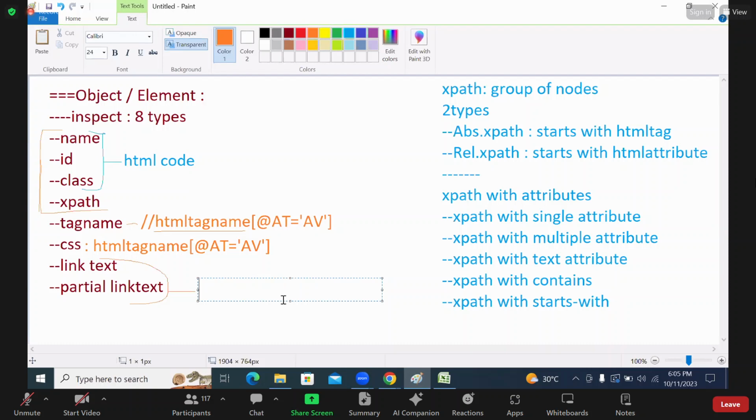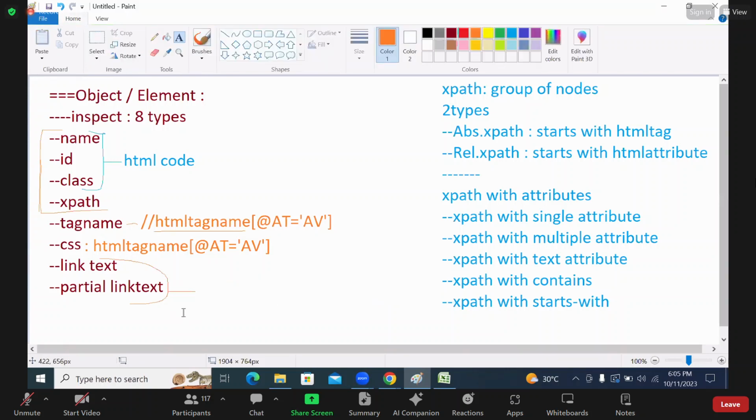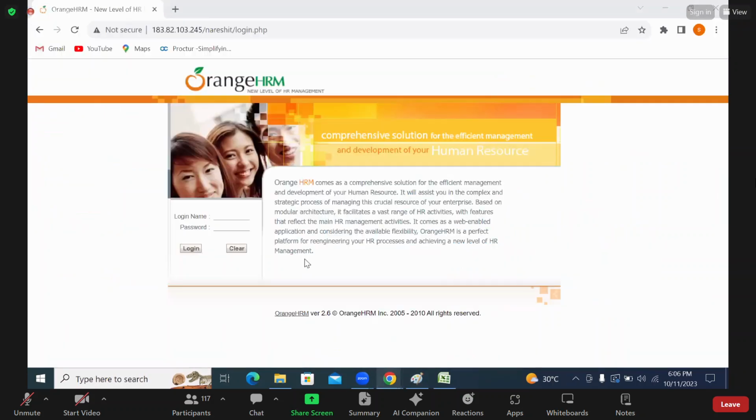If I'm taking link text and partial link text, when can we utilize or go with this particular technique? As an example,